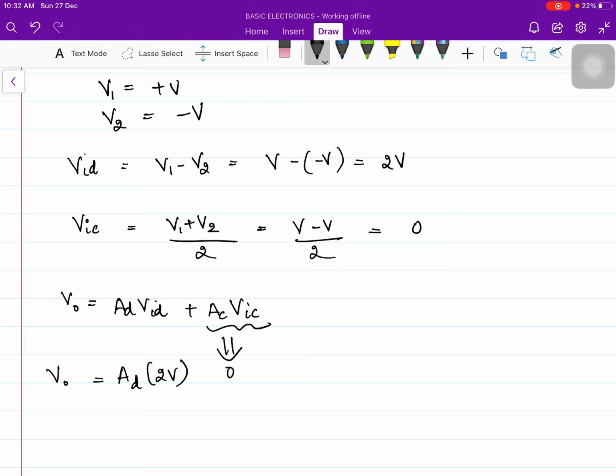That means we can see that the ability of an op amp is to greatly amplify the signals that are opposite in polarity. That means when the components are different, or when you are amplifying the difference of the input components, the amplification is higher. So the op amp is able to greatly amplify the signals that are opposite in polarity, and it rejects the signals which are same in polarity.